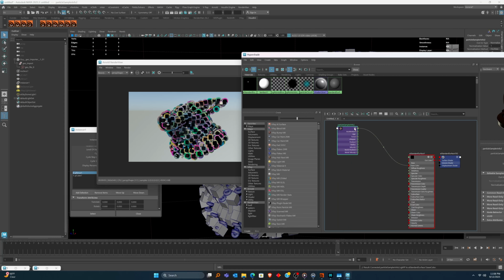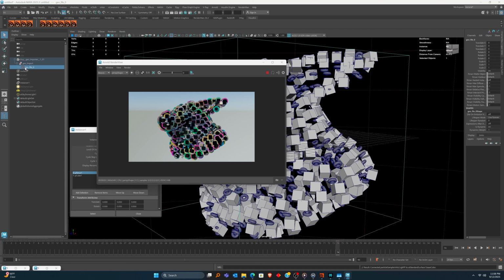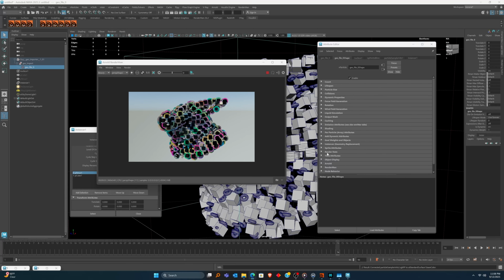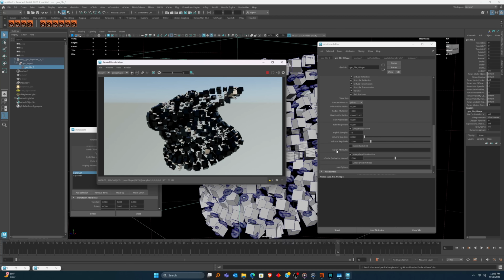Now remember, the particle info here is still very important to connect it into our base color, but the main reason why is because in our nParticle system here, under Arnold, we have some options that we need to mess around with, namely 2 of them. First one, let's turn off primary visibility so we don't see our color circles. And the next thing we need to do is down here where it says export attributes, RGB PP, enter, and